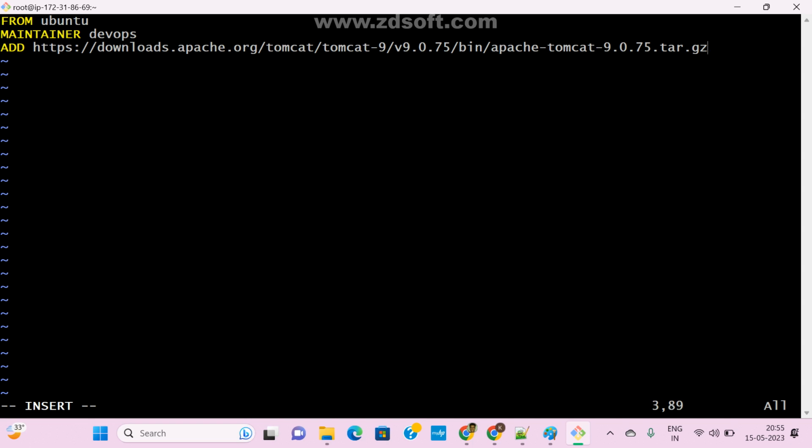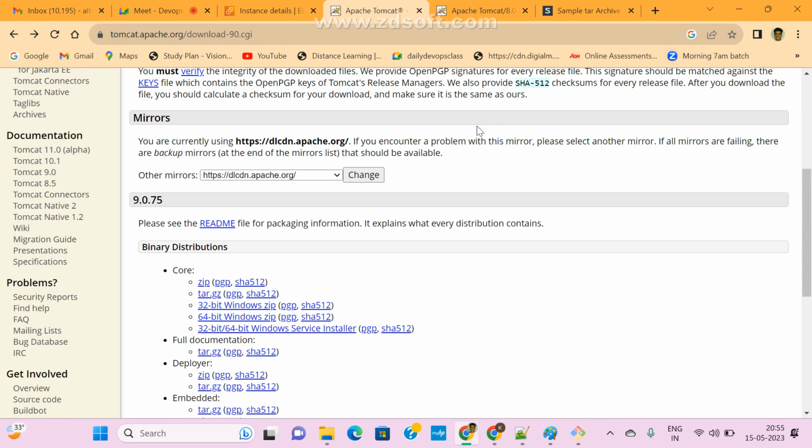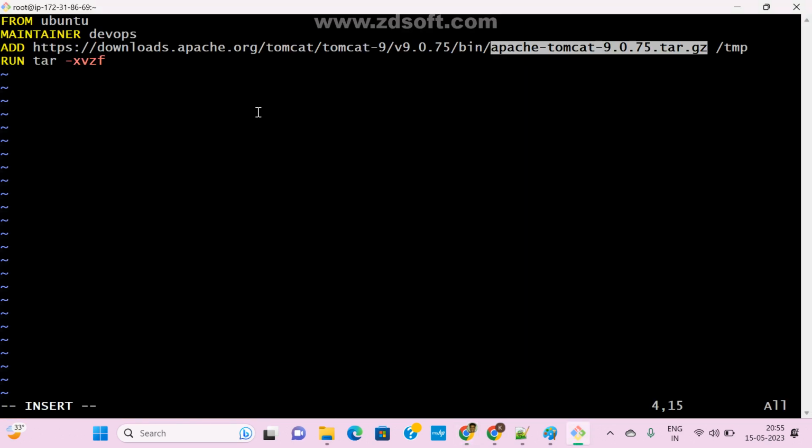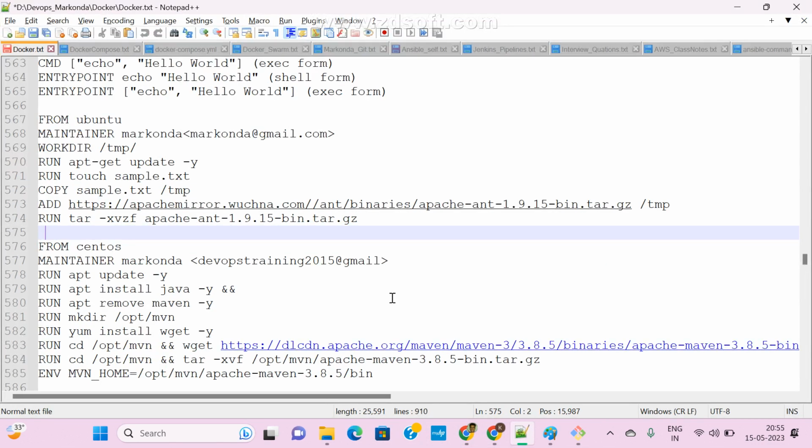This gz to /tmp, and if you want to extract also, we can use RUN tar -xvzf, and it will extract the gz automatically. So which format? That is gz only, right? What is the command we gave here? Same, gz and xvzf.